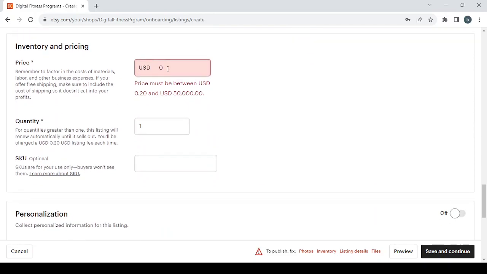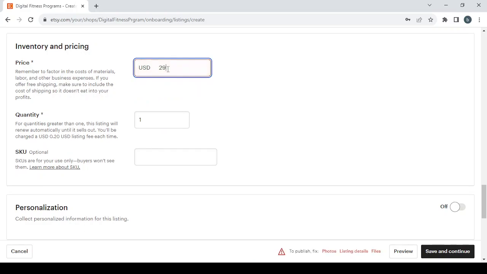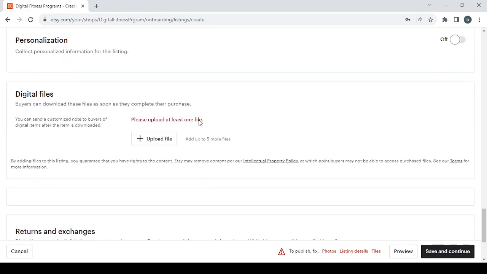Then we have the pricing. So make sure to give your product a fair price for both you and your clients. Let's see, 29.99. So here, remember to factor in the costs of materials, labor, and other business expenses. If you offer free shipping, make sure to include the cost of shipping so it doesn't eat into your profits. Then we have the